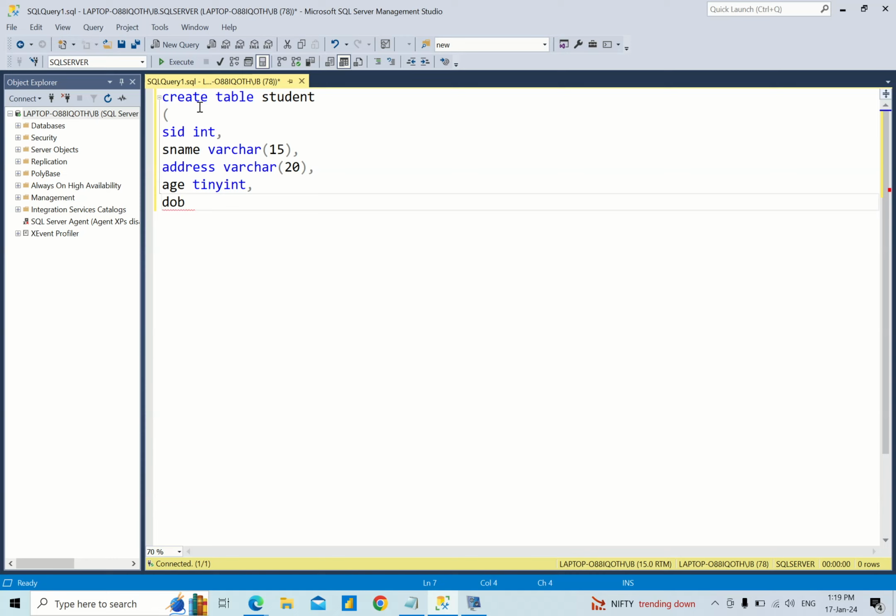DOB means date of birth, so this is the date data type. Like that, here I am taking 5 columns. The first column name is student ID, and I am specifying the integer data type. The second column is student name, specifying the varchar data type, taking the size 15. And the third one is the address column, considered as a varchar data type, and the size is